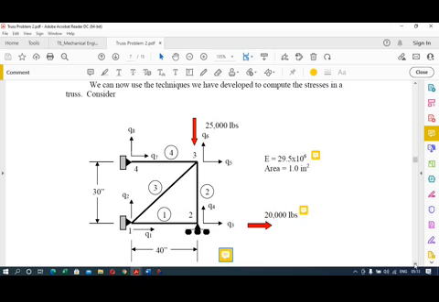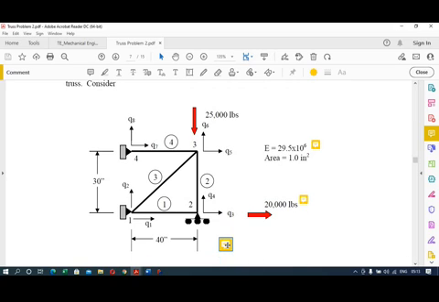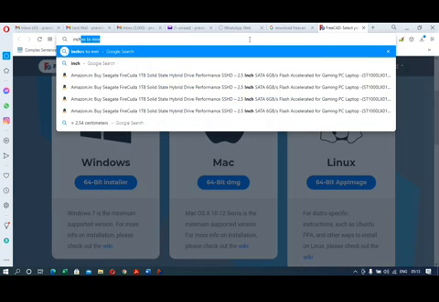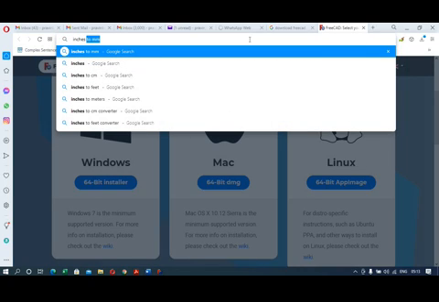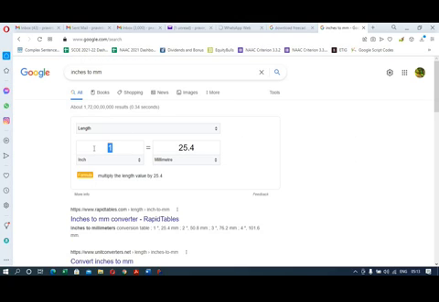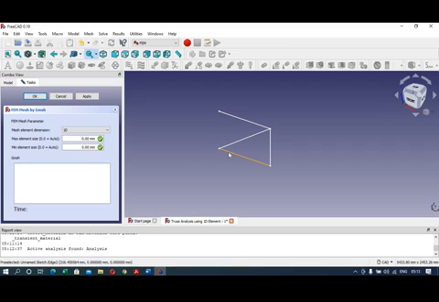So here 50 inches we are supposed to find out. Inches to millimeter. So here 50 inches, which is equal to 1270 millimeter, because this member is having length 40 inches, this member is having length 30 inches.